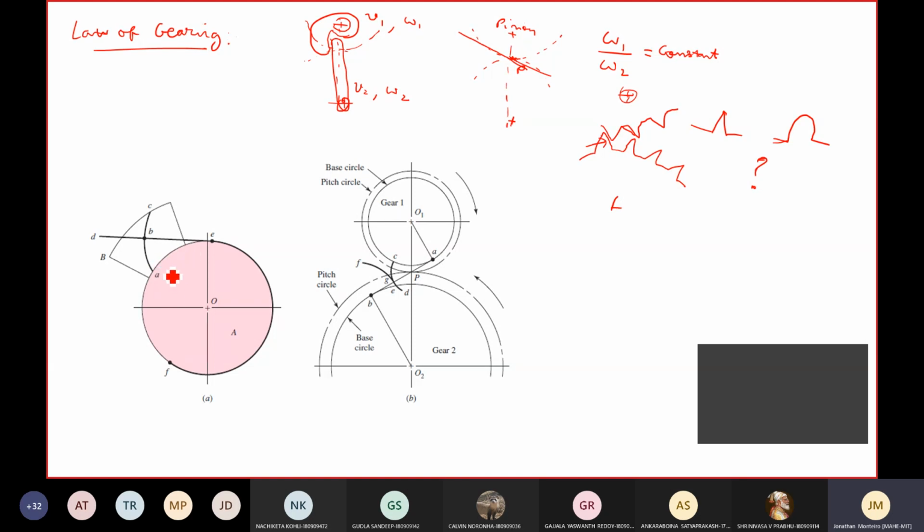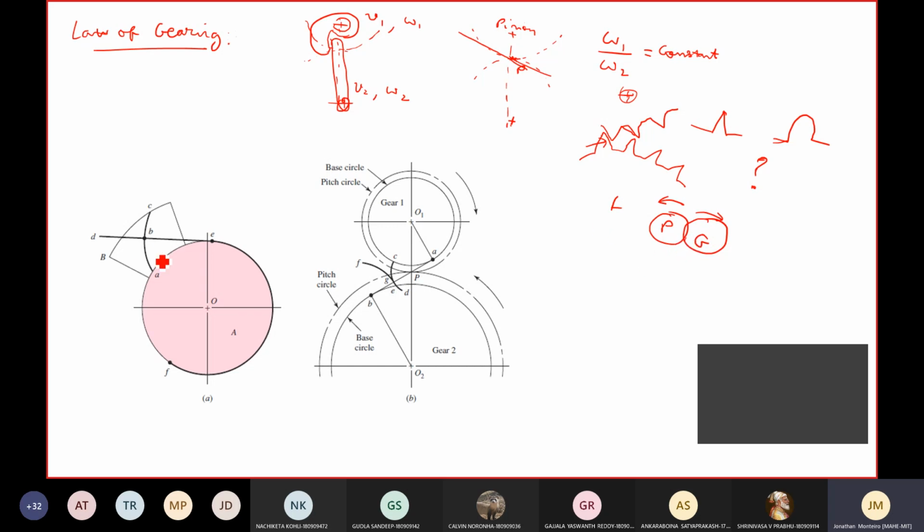So for effective gearing, you can imagine that these two gears, the pinion and the gear, are taken separately. This is a pinion, this is the gear, one rotates the other. For example, if this is the direction, one rotates anti-clockwise, the other will rotate clockwise. So it is like one is trying to push the other by a certain torque. It is like something is getting wrapped and unwrapped.